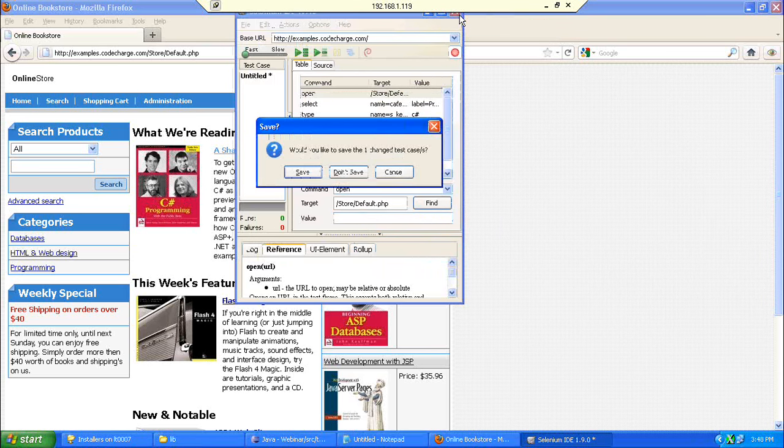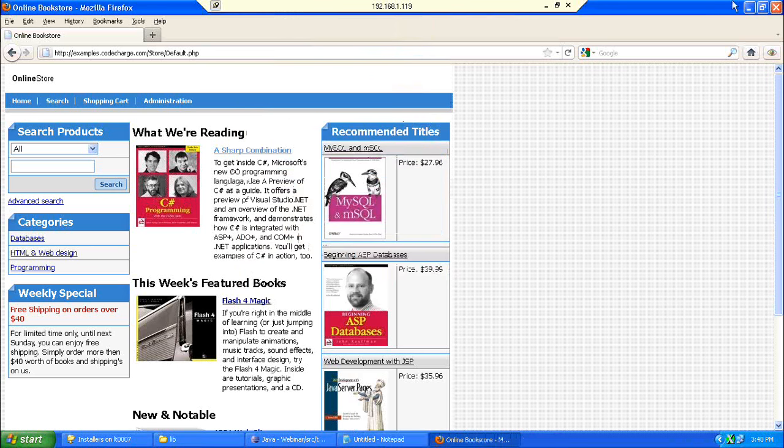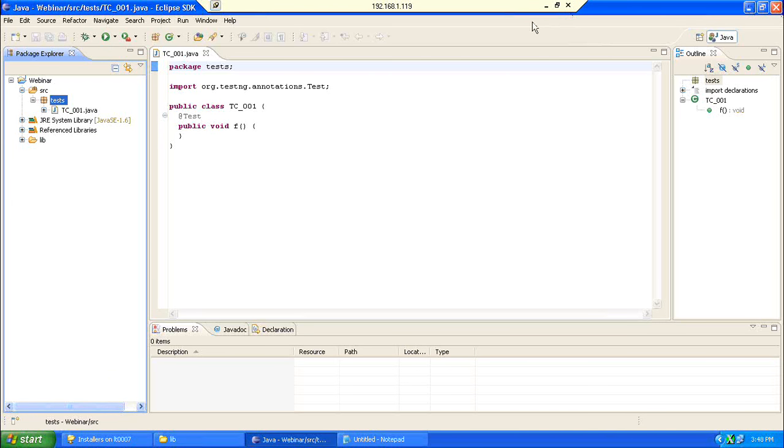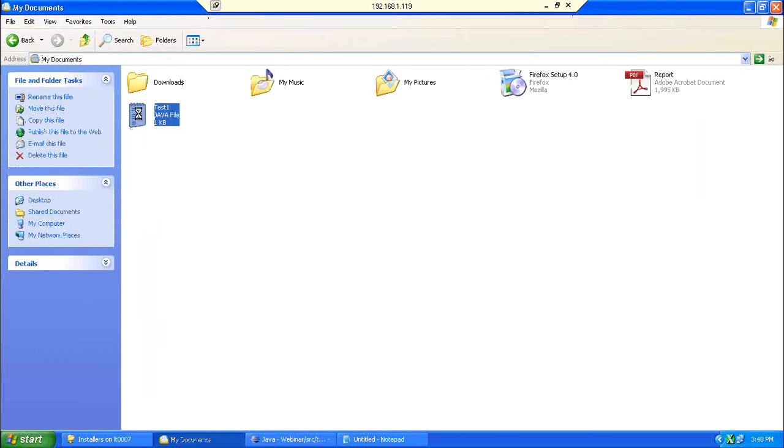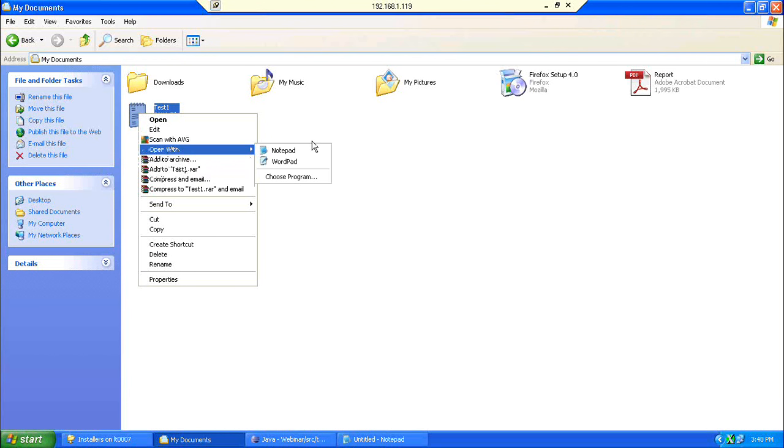So the code is created. Now I will close this. Here if I just go to my documents, I can see that Java code. Right click, open with WordPad.